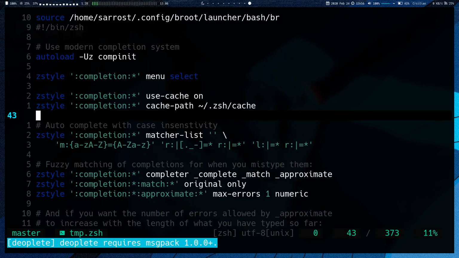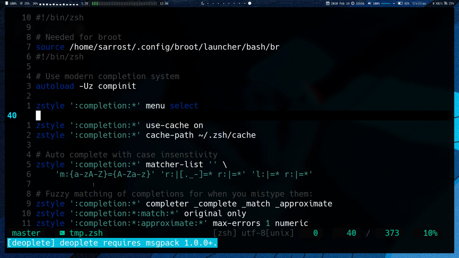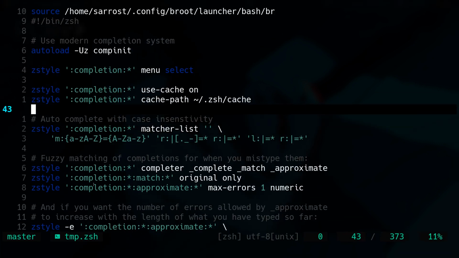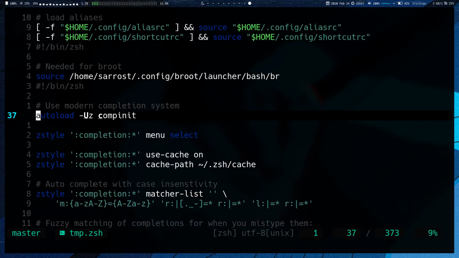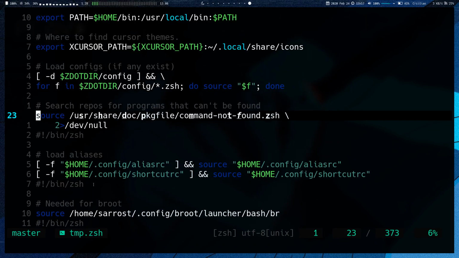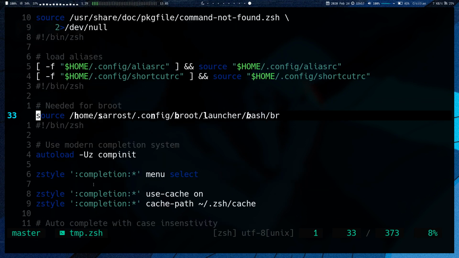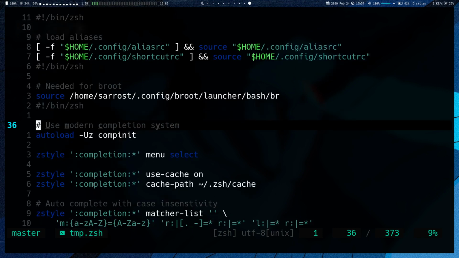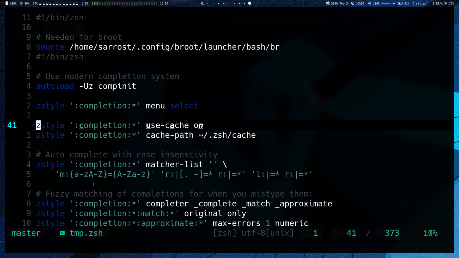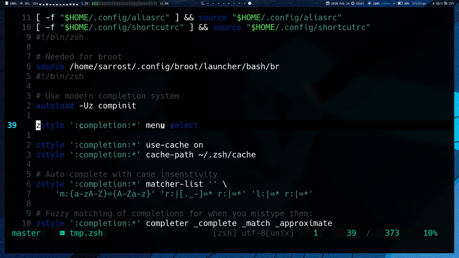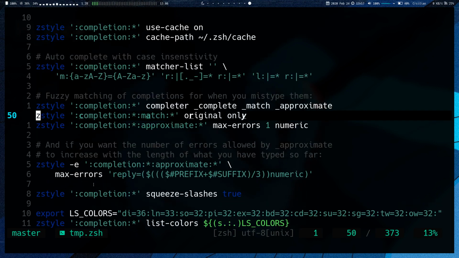So again, I'm not really going to explain much of all of this. I'm just gonna quickly run through everything. If you want to understand it, again, I don't understand everything completely. I might plan on making a series on ZSH in the future, but for now, I'm just gonna quickly run through everything. This is what starts the auto completion from that line, and then just some